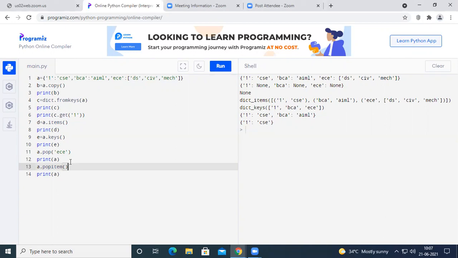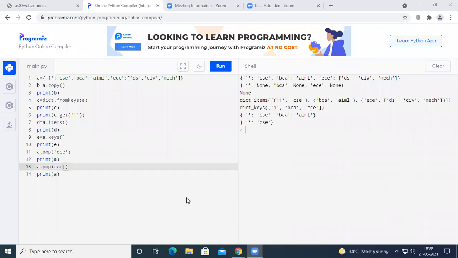For example, if a dictionary has 10 elements, popitem may remove the first element, or the third element, or the seventh element, or the last element. It is up to popitem. It removes any one element randomly. But in versions from 3.7 onward, popitem removes only the last element inside the dictionary. So remember this.